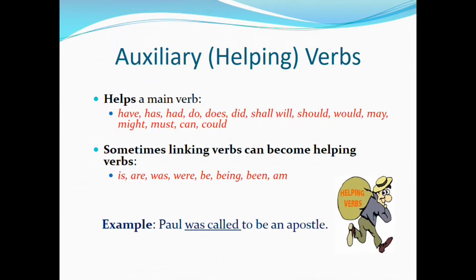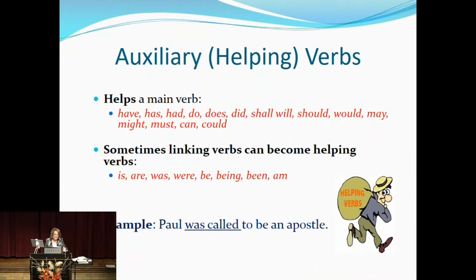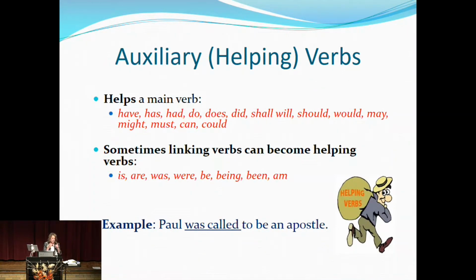When you're studying them on your own in the next 2 weeks, please note that the modal verbs indicate the indicative and subjunctive moods. They cannot be used in the imperative mood. And this might sound foreign to you now, but I think that by the time we're done here tonight, this will make sense to you.